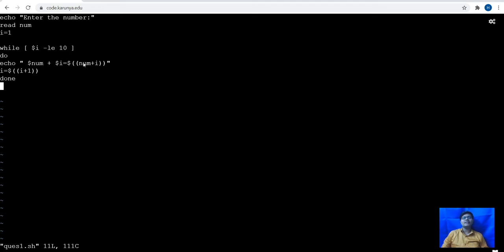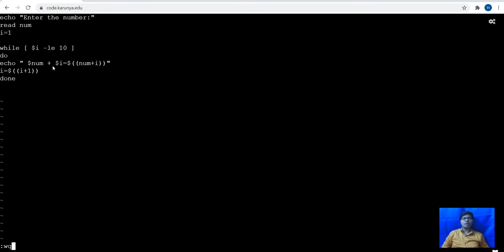So 2 plus 1 is 3, then 2 plus 2 is 4, 2 plus 3 is 5, and so on. This line will increment one by one, and it will go to the condition, then to 2 3 4 5 6 7 8 9 10, till then it will go, and it will print the output for the multiplication table.